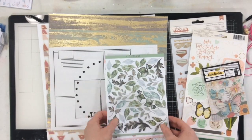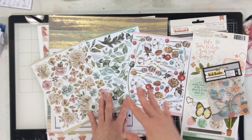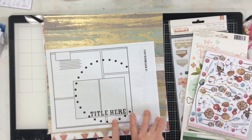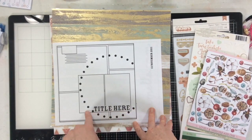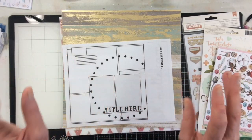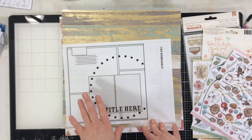So my plan was that I pulled these 3 pages from the fussy cutting book, and I'm going to fussy cut them off camera. I'm not going to make you watch that. This circle piece is like dots, like you would use brads for back in the day, but trending right now are beautiful wreaths. So I thought I could fussy cut all these florals and create a beautiful wreath design around the photos,